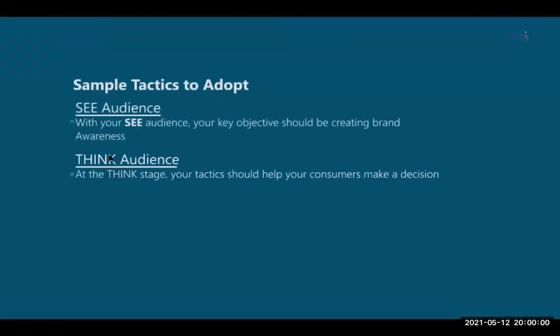Then your Think audience. Don't forget we mentioned your Think audience is your largest addressable qualified audience with little commercial intent. They are thinking about buying your product or service. So your content and your tactics must help consumers make a decision at the Think stage. Basically, you want to drive conversions. Your content must be able to convince, inspire, motivate, drive action in the minds of the consumer. Your tactics must be tailored to help consumers take an action. And then you move up to the Do